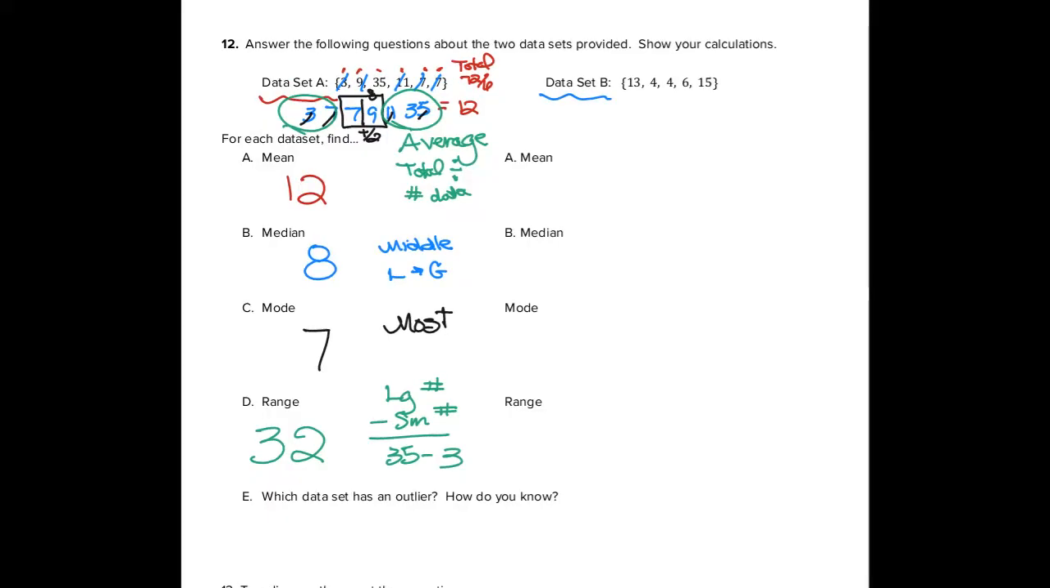Okay. All right. Before we answer E, let's go ahead and do this for data set B. The mean, I need to find the total. So that is 13 plus 4, and 4 is 8, plus 6 plus 15 gives me a total of 42. Total of 42 divided by the number of numbers I have, which is 5,